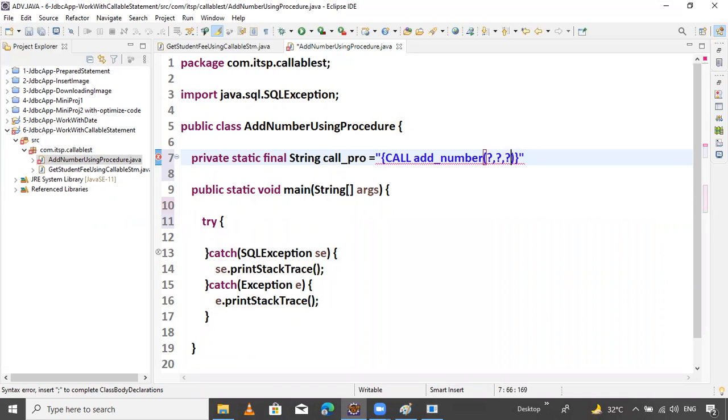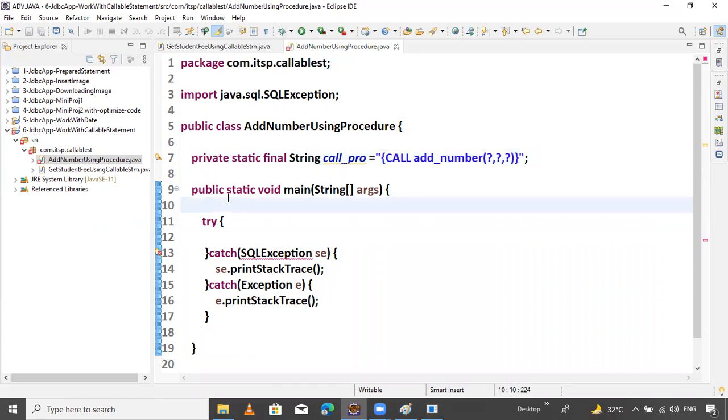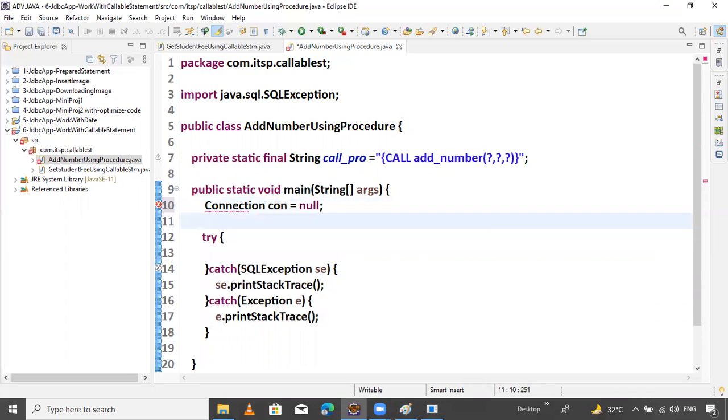Now your procedure call is ready. Now in this section, I want to declare reading the data from the user. So first we should use the connection. Connection con equals null. That's it.